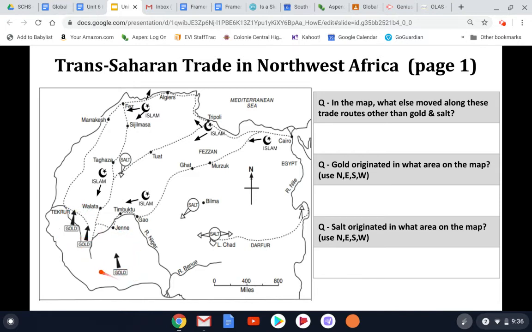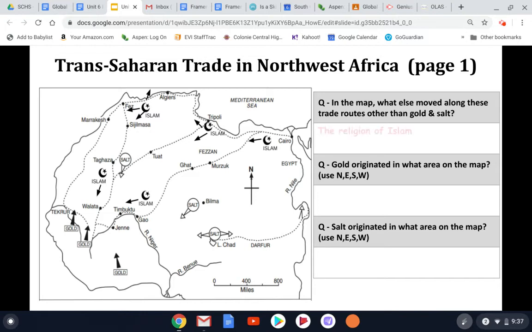We have gold down here, moving upward. We have salt, which we just talked about, moving across and mostly downward. And the other thing that's labeled with the symbol of the crescent moon and the star is the religion of Islam. So when we look at trade routes a little bit later tomorrow, in the next pages of our packet,